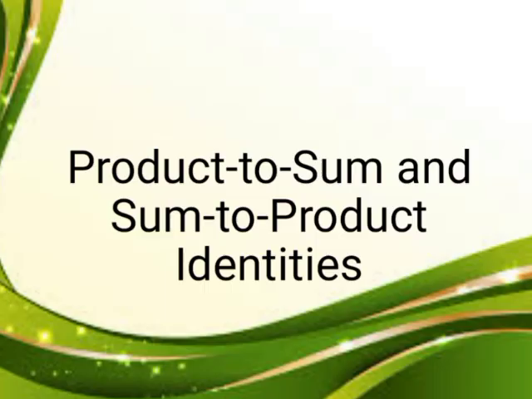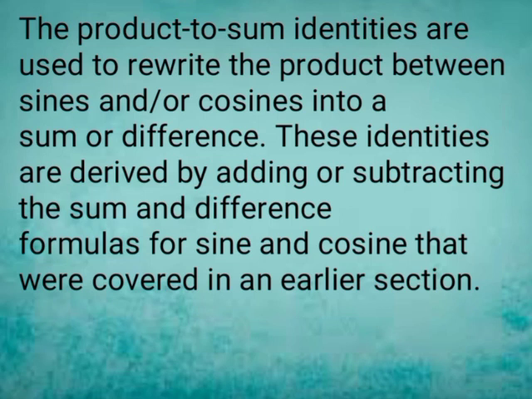Product to sum and sum to product identities. The product to sum identities are used to rewrite the product of sines and cosines as a sum or difference. These identities are derived by adding or subtracting the sum and difference formulas for sine and cosine that were covered